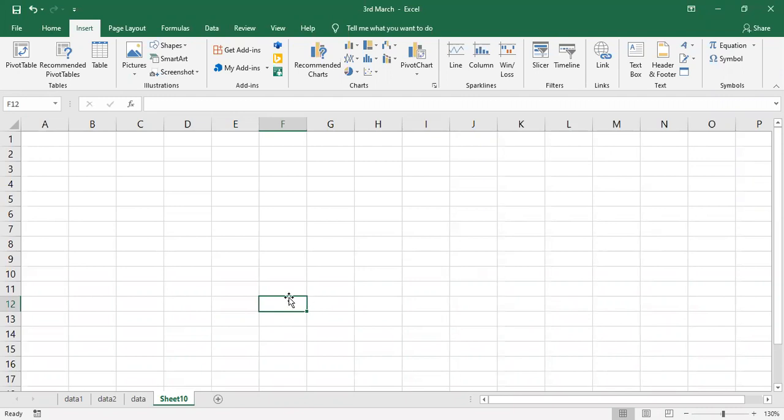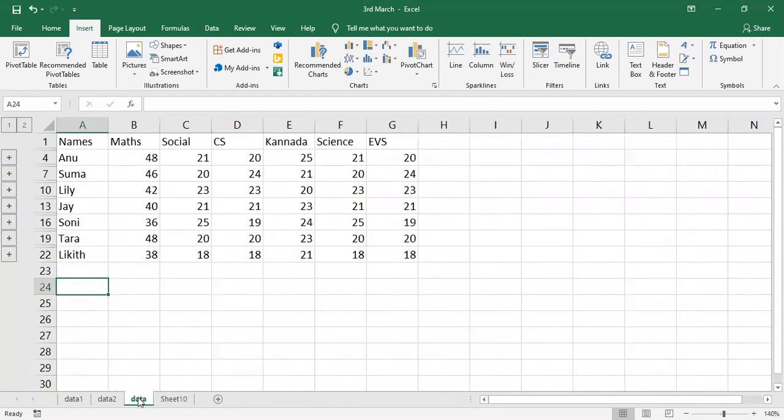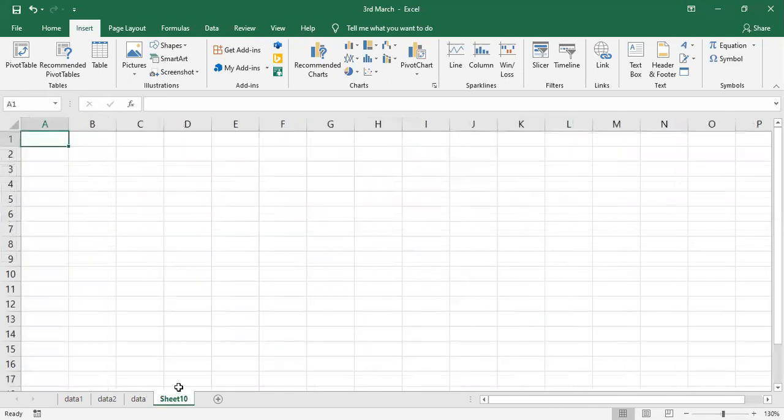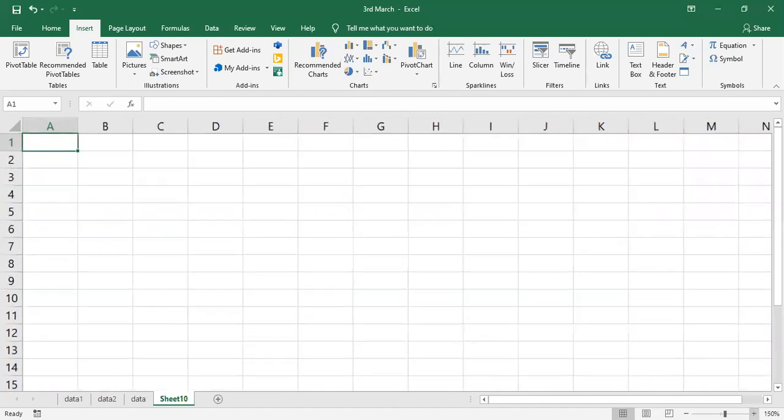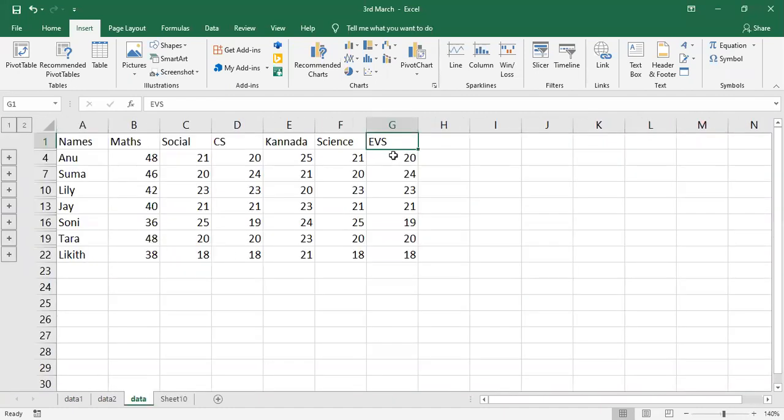Here we have a total of 4 worksheets. Now I want to create a hyperlink to the data sheet, to the data sheet G1 cell, from sheet 10. I want to create a link to data sheet G1 cell.